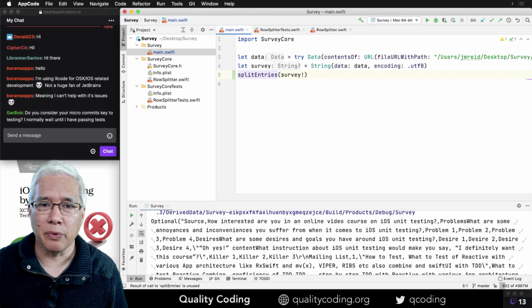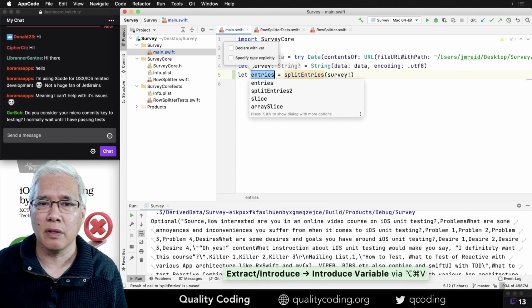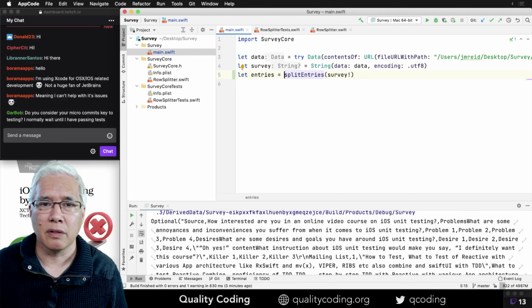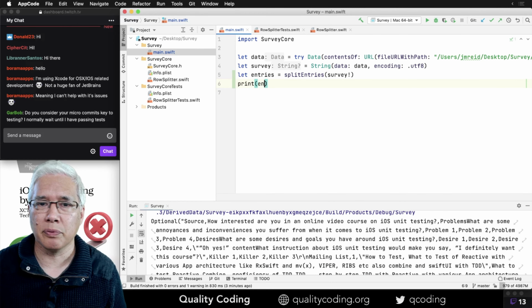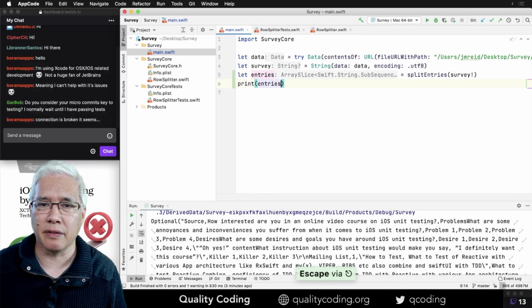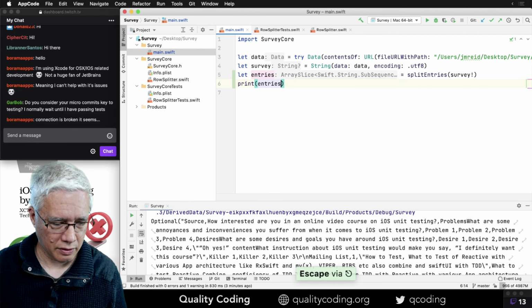Let's see what we get if we print. Actually, let me assign this to a variable. And can I print the entries? I doubt it. Connection is broken? What connection is broken?